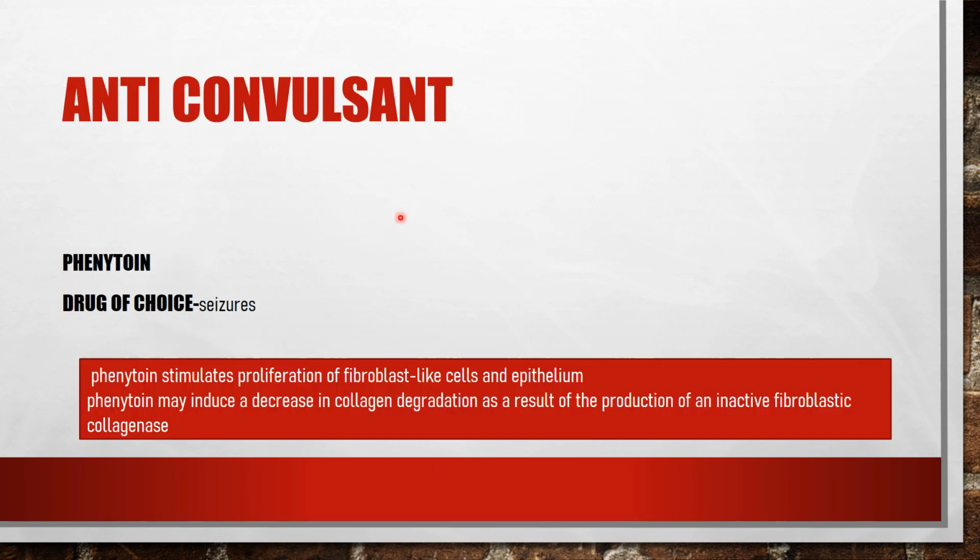Then we are going into the details of each drug-induced gingival enlargement. The first one is anticonvulsants. Out of these, phenytoin is the main drug causing gingival enlargement, and it is the main drug of choice for seizures. Phenytoin stimulates proliferation of fibroblast-like cells and epithelium. Phenytoin may induce a decrease in collagen degradation as a result of the production of an inactive fibroblastic collagenase. This is the main reason behind this drug-induced gingival enlargement, which stimulates the proliferation of fibroblast cells and